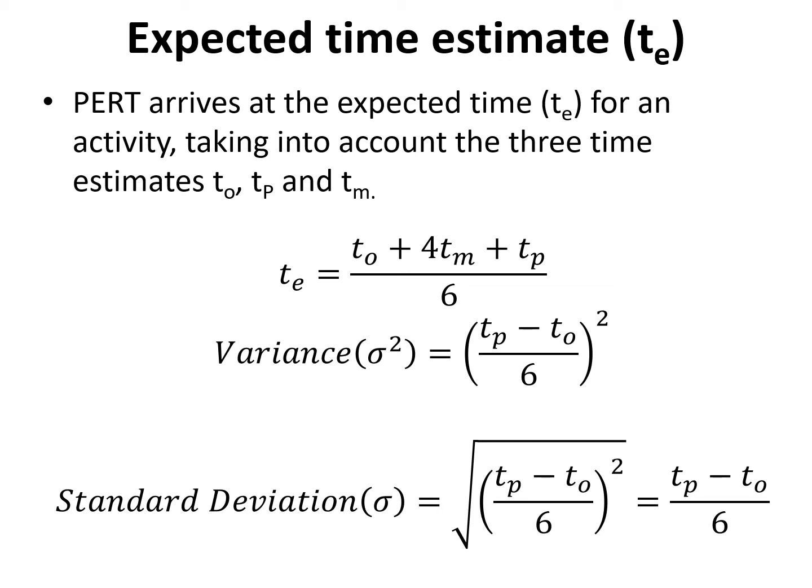PERT is a method of analyzing the tasks involved in completion of a given project, especially the time needed to complete each task and to identify the minimum time needed to complete the total project. It incorporates uncertainty by making it possible to schedule a project while not knowing precisely the detail and duration of all the activities. It is more of an event-oriented technique